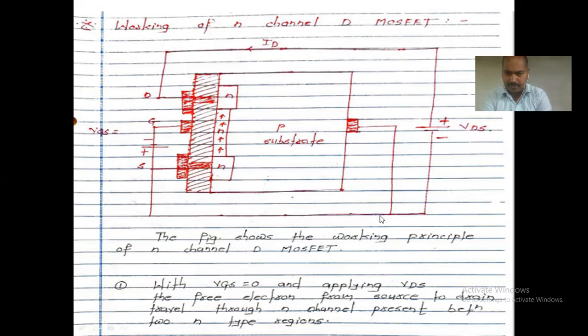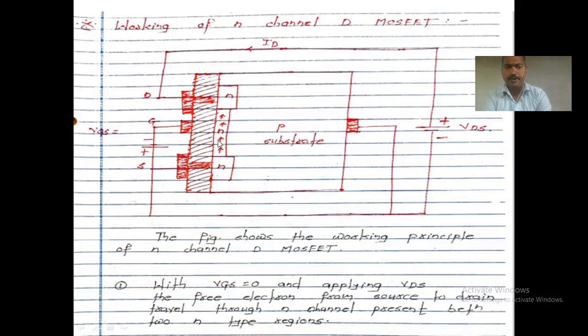So see here, minus voltage is applied across here. Due to the minus voltage, the largest number of majority charge carriers are traveling from this portion. This portion is the channel. Why flow from here? See, minus indicates there should be the largest number of electrons, right? That is why there should be conduction of electrons from this N to this N. Why? Because there should be formation of channel.